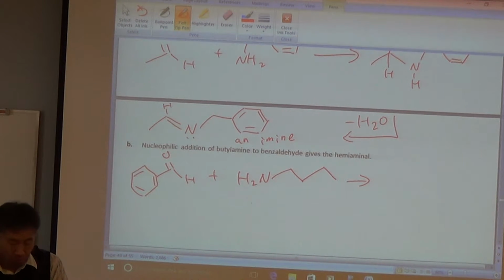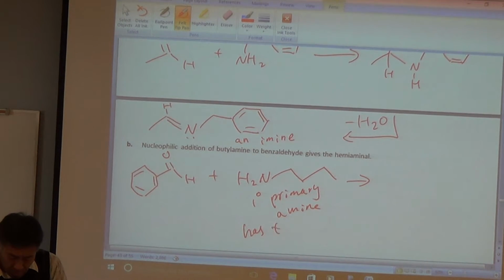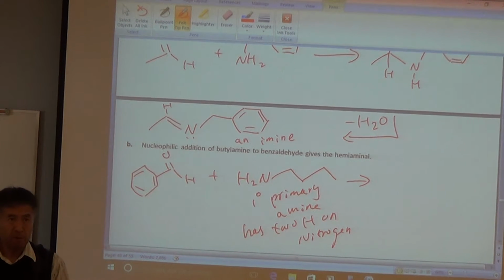What is important to produce the imine? You make sure you have a primary amine, which has 2 H on the nitrogen. Okay? So whatever amine you use, make sure you have 2 H on the nitrogen,